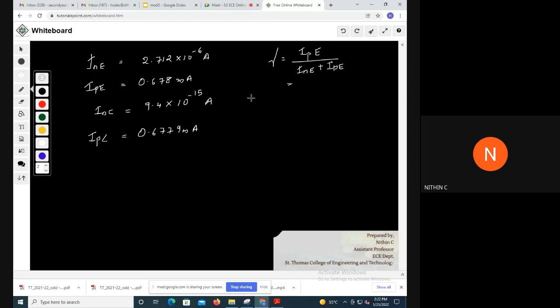What is the answer of emitter injection efficiency? There is the equation, just do it directly. You have all the values over here. Doesn't anyone get it? Nikhil,